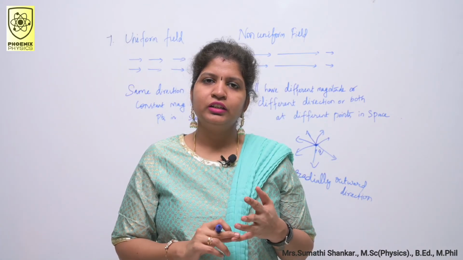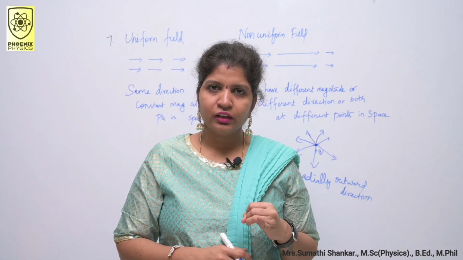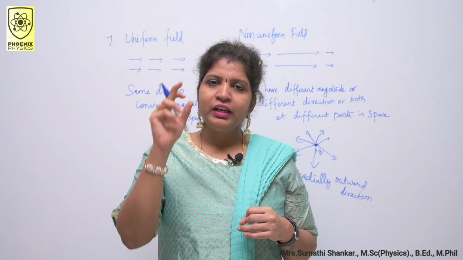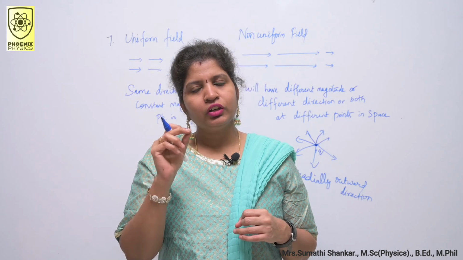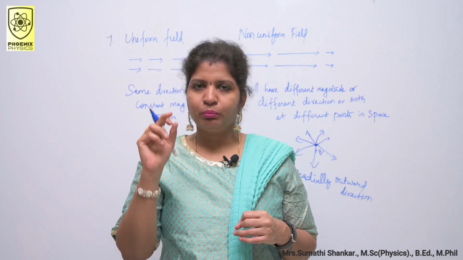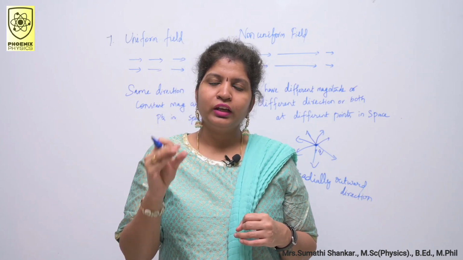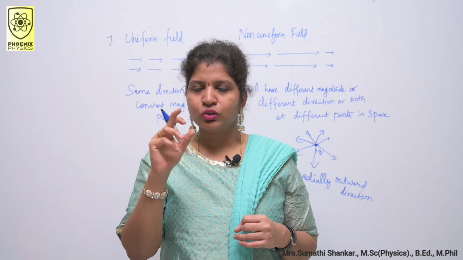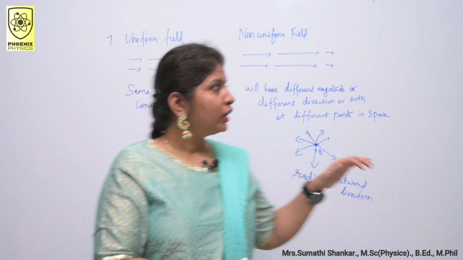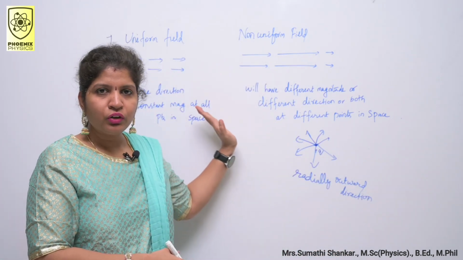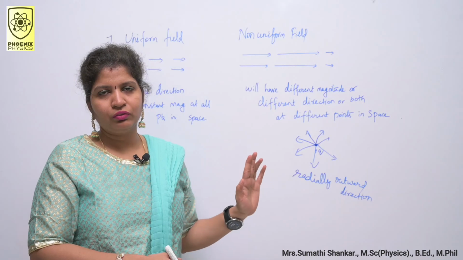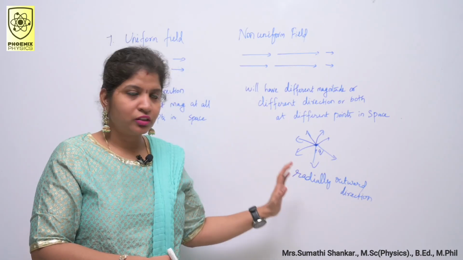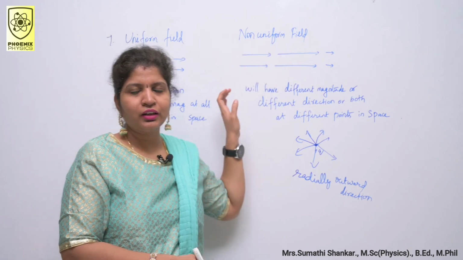In this class we discussed what is electric field and we derived the electric field formula, that is E is equal to F by Q naught, and the unit of electric field is Newton per Coulomb, N C power -1. Then we discussed important aspects of electric field. In that topic we discussed 7 points in total. Final one is, there are two types of electric field. One is uniform electric field, another one is non-uniform electric field. In general, the electric field created by a point charge is basically non-uniform electric field only.